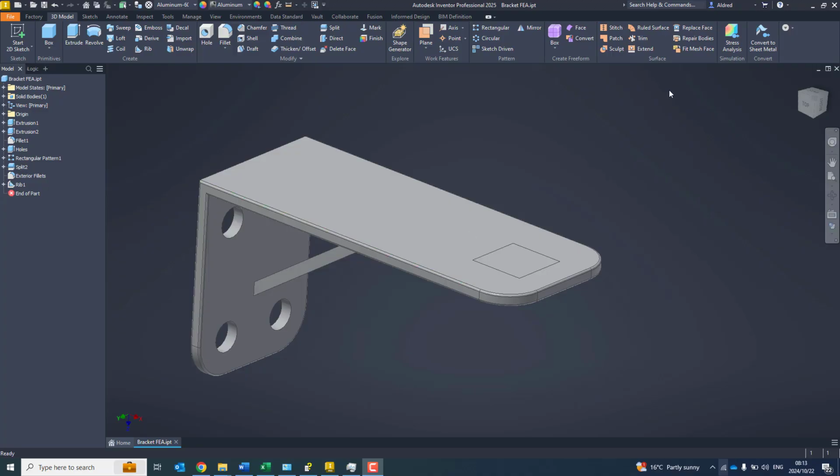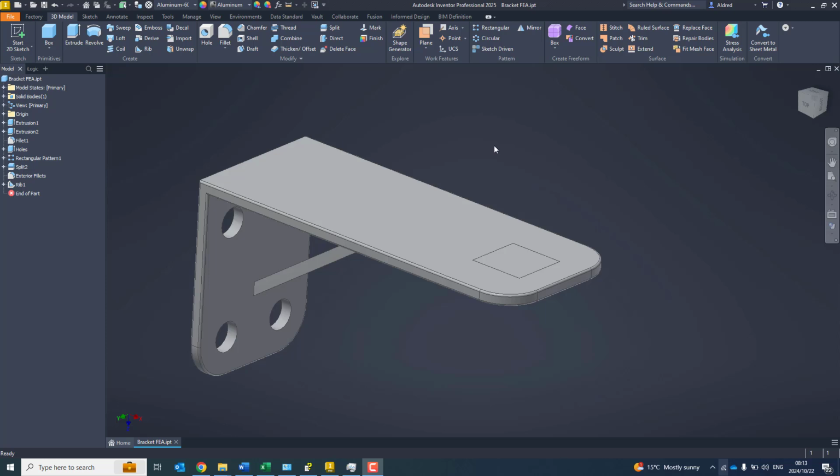In this video, we're going to take a look at creating an FEA stress analysis study inside Inventor. Now, many of you would have heard about Inventor Nastran. It is a program that was brought in by Autodesk into the Product Design and Manufacturing Collection. It can do both linear and non-linear and a couple of other very cool things. But no, if you haven't bought the Product Design and Manufacturing Collection, you will not have access to this Inventor